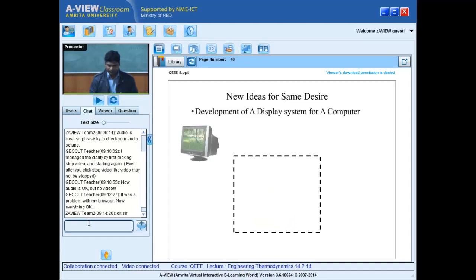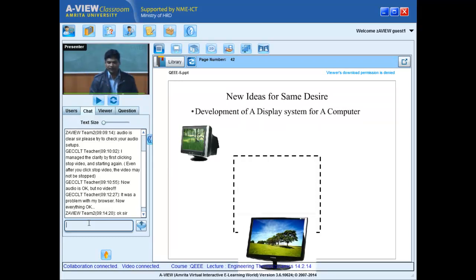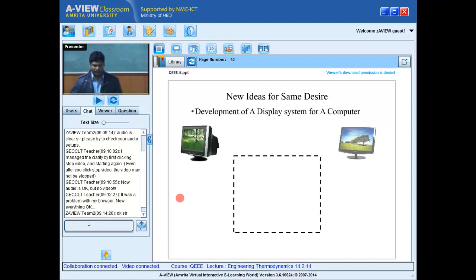Now what is the next innovation? The people innovated LCD screens. Liquid crystal is a new phase. These liquid crystals can serve the purpose of a display, but more economically, more safely. And we did not stop here itself. We try to innovate new ideas. The future could be many, something like LEDs. Maybe it is not a new phase. It is a new technology.